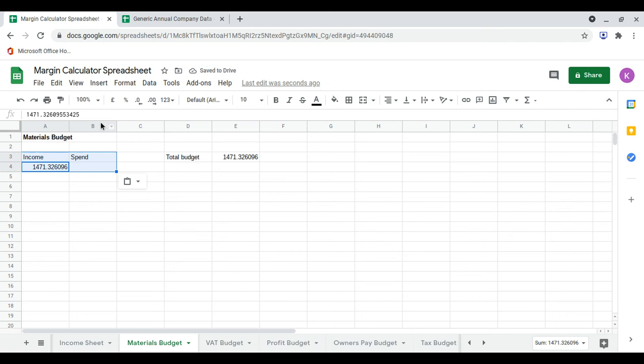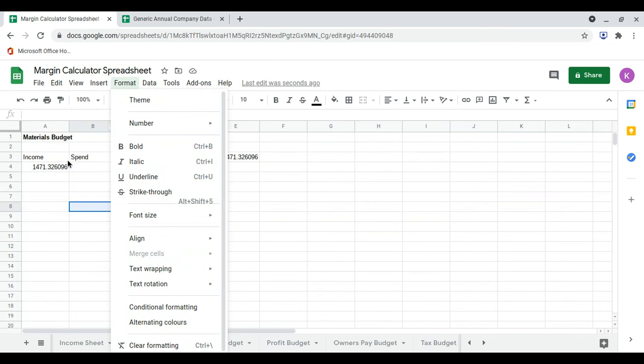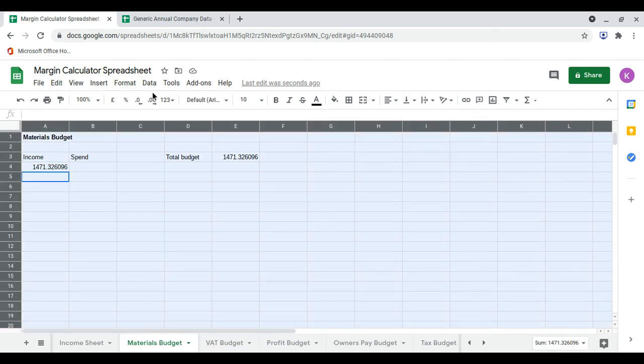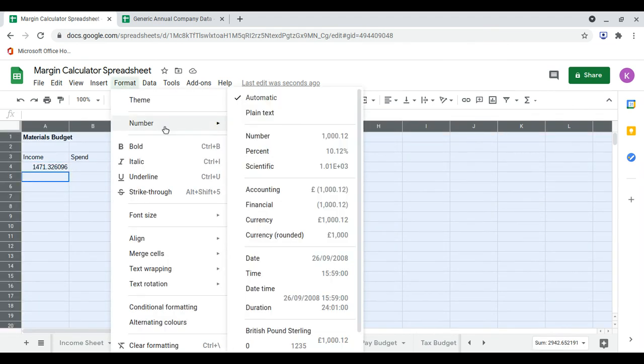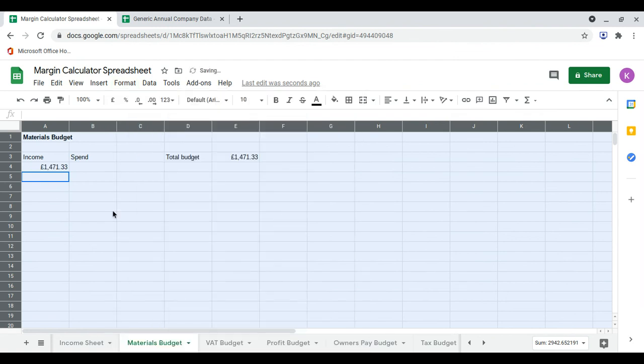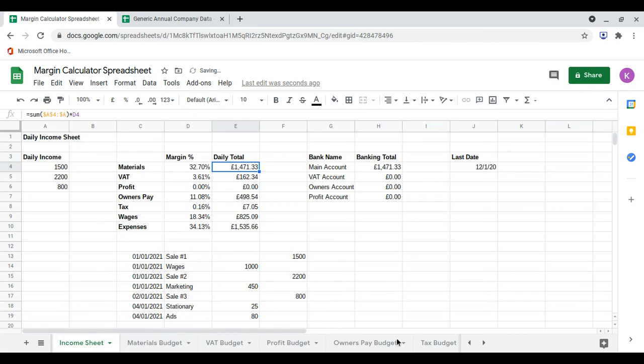And again, it might be helpful if we format everything on this sheet as currency, just because for my own peace of mind, it'll actually look like money, which is good. Perfect. And then we're going to do the same again for every single one of those categories. Right, so the next one is the VAT. So do the same thing again, copy that,